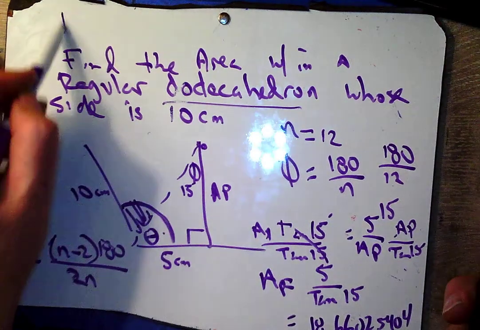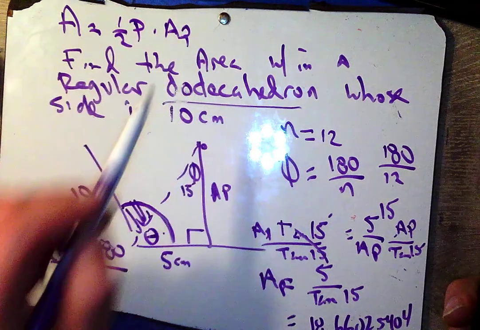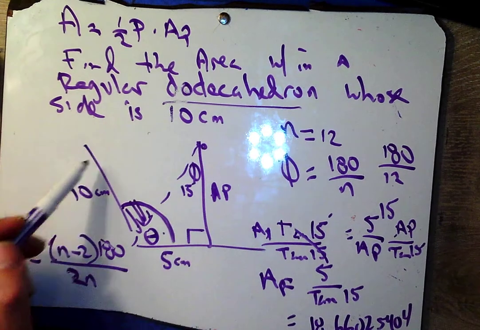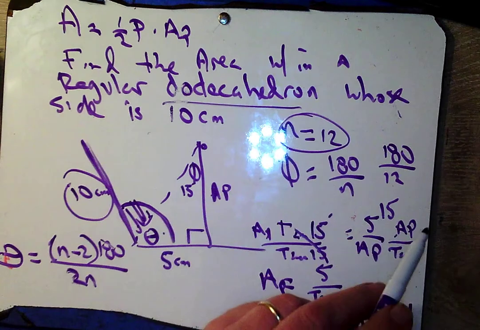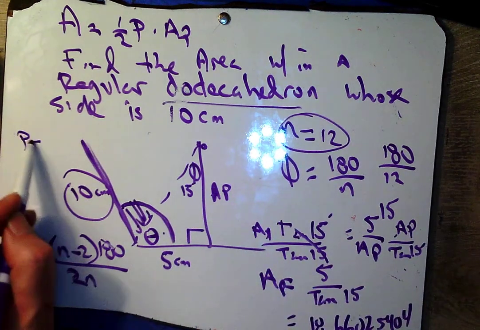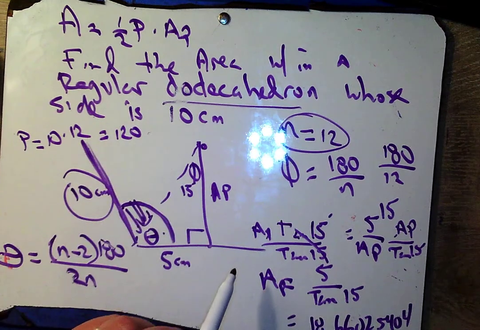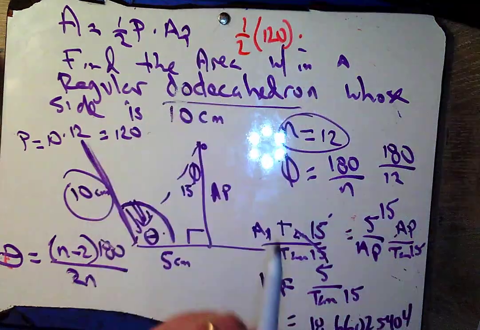No. Remember the formula for area is 1/2 perimeter times apothem. Well, my perimeter, I know the side length is 10. I know there are 12 sides. So perimeter is 10 times 12, or 120. And therefore the area in this problem is going to be 1/2, 120 times